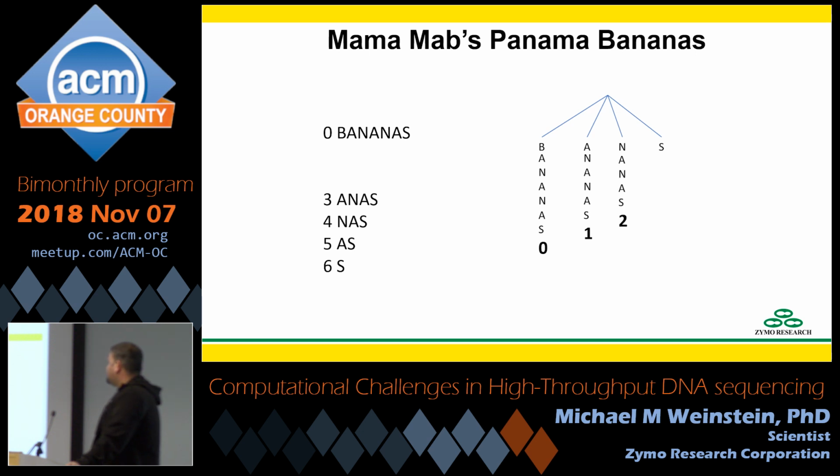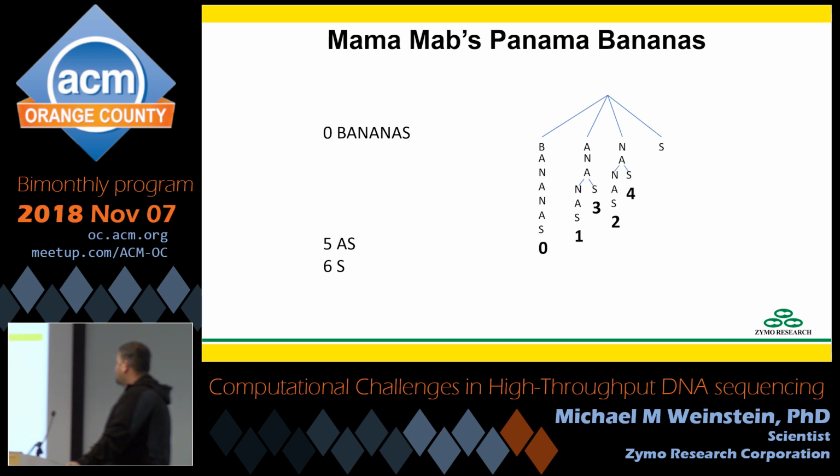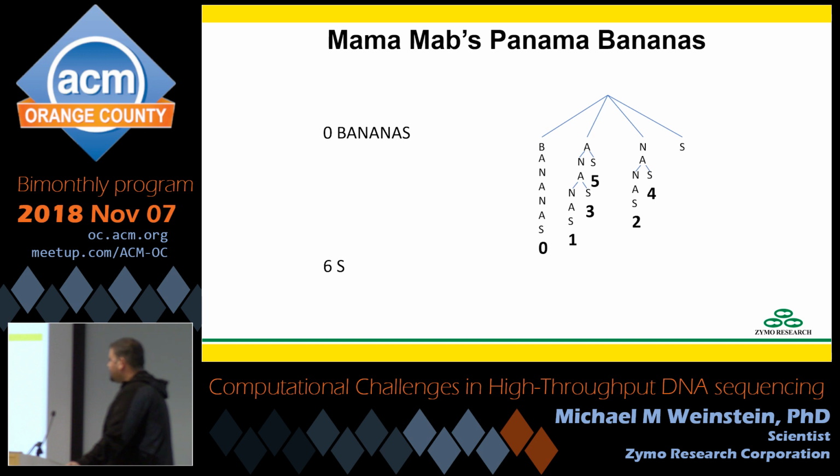And then going back actually, so here I have ANAS, which it turns out I already have ANA in there. So I now have a branch point. It can go ANAN or ANAS. Then there's NAS, well I already have N on there, so I have a branch point. There's AS, well I already have A, so now I actually have 3 branches off the A. And then there's just S, which is the last letter. This is called a suffix tree. Or sorry, this is called a suffix trie.